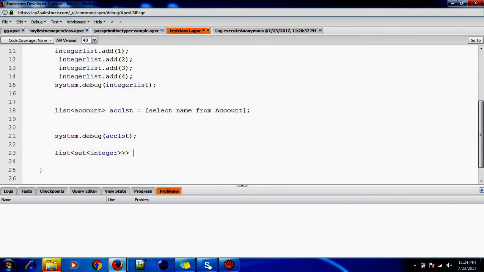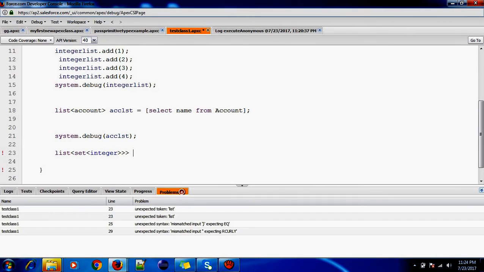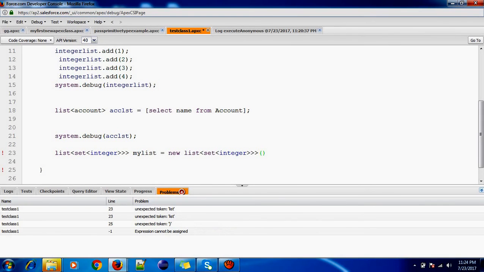This way we can nest up till 5 levels. My list is equal to new, copy. Why write again? So copy. This way we can add up till 5 levels.